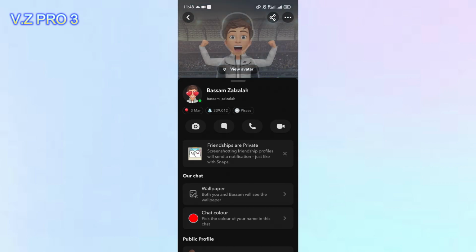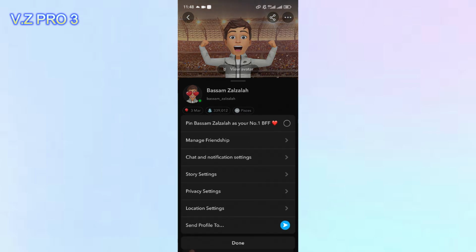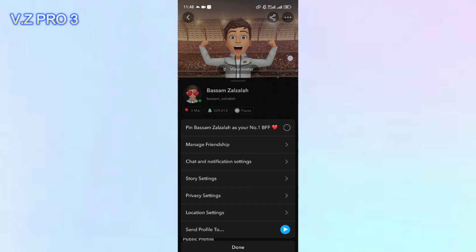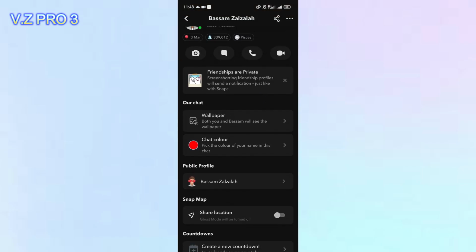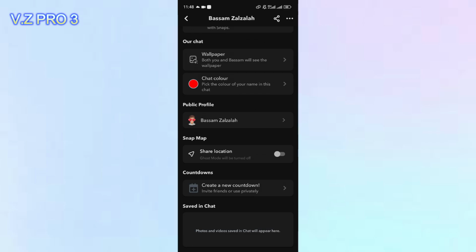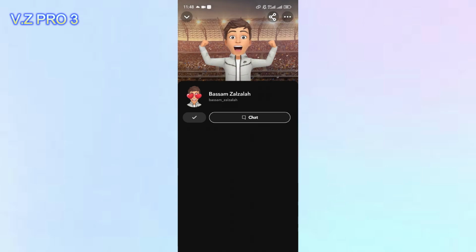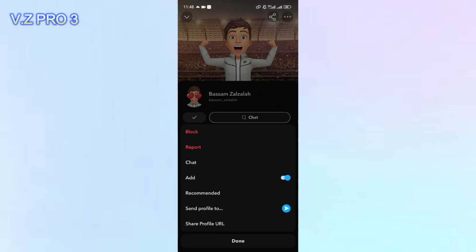You can open the profile of the friend that you want to block. Sorry, you can go to the public profile of the account that you want to block. Here's the public profile. Now you can tap on the up right corner, the three dots over here, and you'll